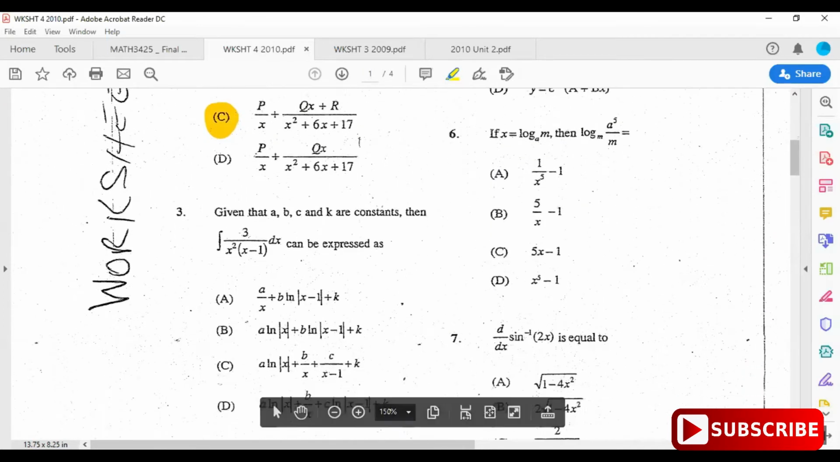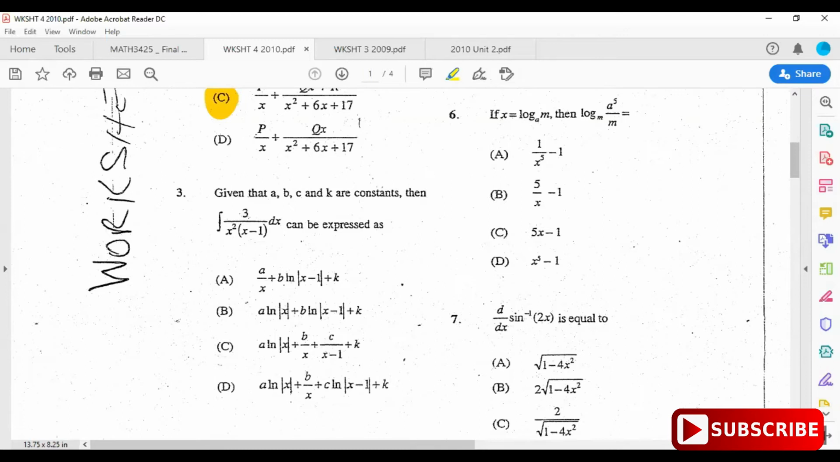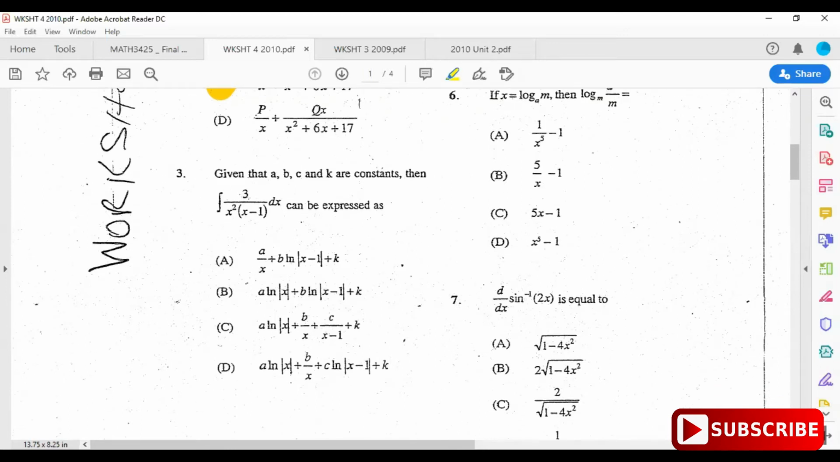All right. Question 3. It says, given that a, b, c, and k are constants, then what is the integral of 3 over x squared times x minus 1 dx? How would you go about tackling that? Sure. So first things first, I would just pull out the constant. So I would say 3 times the integral of 1 over